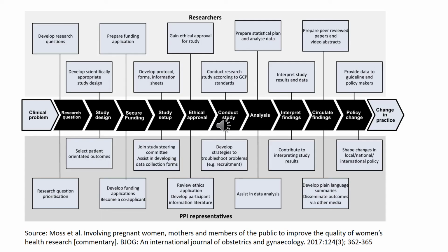So this is a flow chart that was developed by a group involved in women's health research. And so I thought it was quite appropriate for this group here. And you can see PPI representatives at the bottom of the slide and how they were involved across the research continuum. So here we have a clinical problem, and the patient and public involvement representatives, or the consumers, were involved